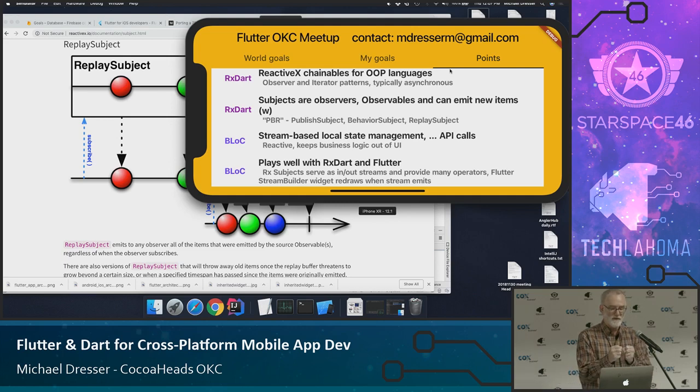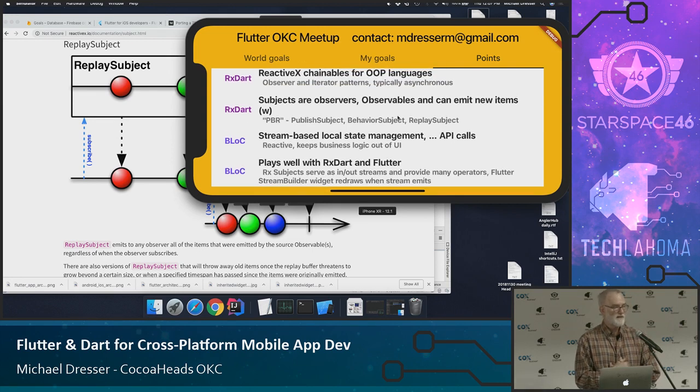Or to add two things from two different streams so that you get this sort of joined emission, okay? So we're going to use the behavior subject. I'll point to that in just a moment.